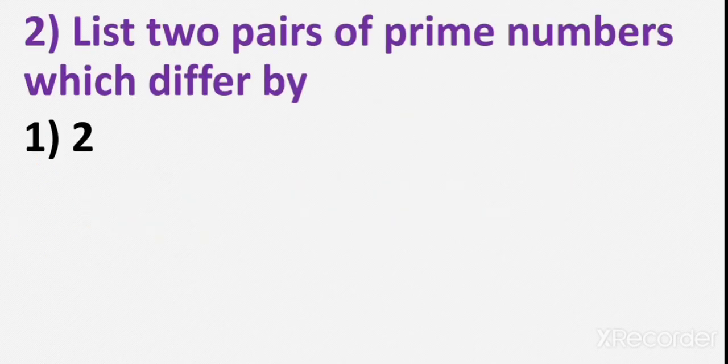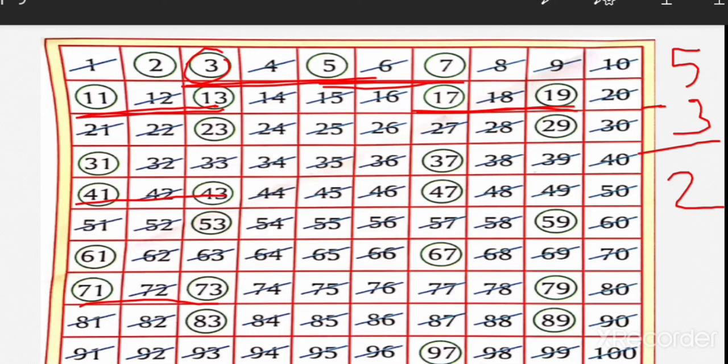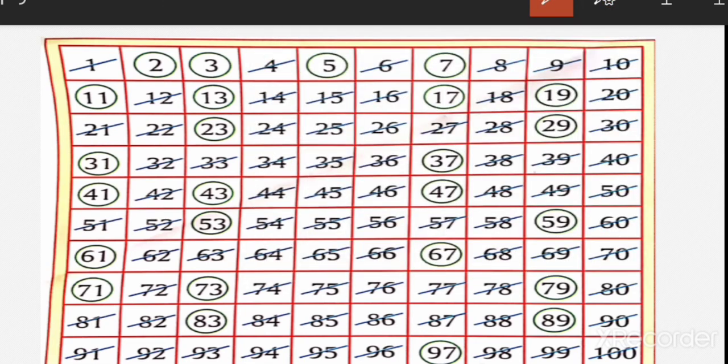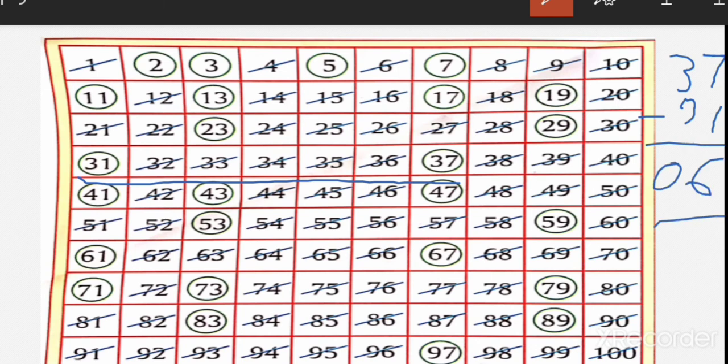Now we have to write any 2 pairs of prime numbers which differ by 6. It means when we are subtracting those numbers, we are getting a difference of 6. So let's go to that table only. Yes. So let's see which color I should choose. Blue one. Now tell me which will be, see, which is having difference of 6. Now see here, 31 and 37. If I subtract 37 minus 31, what is the difference I'm getting? 6. Right?